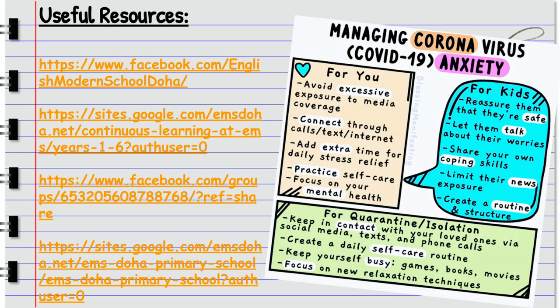Try to limit their exposure to the news and social media, and even if you're talking about social media, limit their exposure to that. Create a routine and a structure. Maybe set an alarm and say, okay, our day starts at this time. We get up at this time, we have our breakfast, and then we go online and see what wonderful work your teacher's posting for you today. Avoid that for yourself also. Try to give yourself a routine and avoid that media that is so negative.